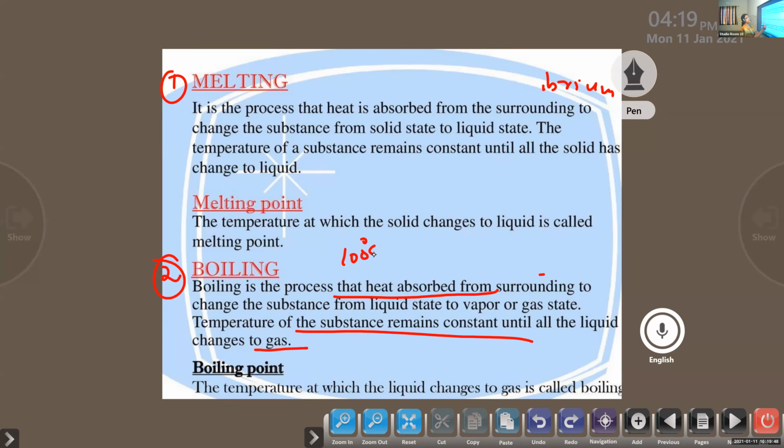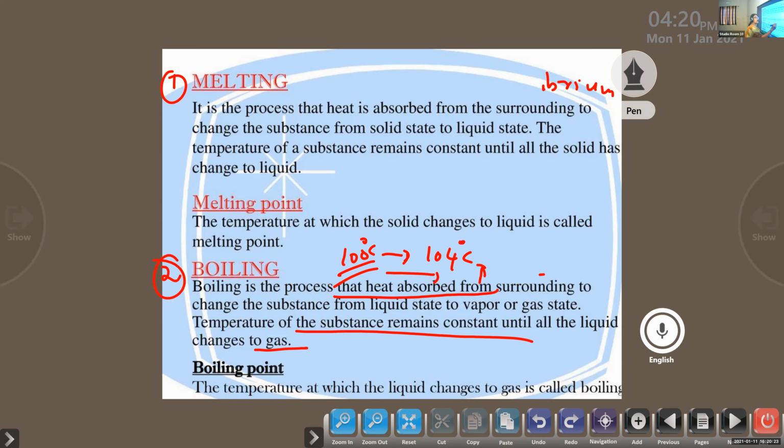So if you boil water, the boiling point of the water is 100 degrees Celsius, but due to impurities it may increase up to 104 degrees Celsius usually. Suppose it is distilled water. Distilled water means there are no minerals, no impurities. Then it will have exactly 100 degrees Celsius. But in the case of impure water, or where mineral content is there, like what you get from rivers and wells, the boiling point may increase up to 104 degrees Celsius.